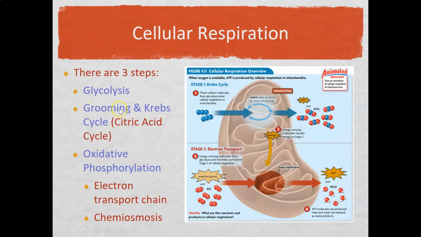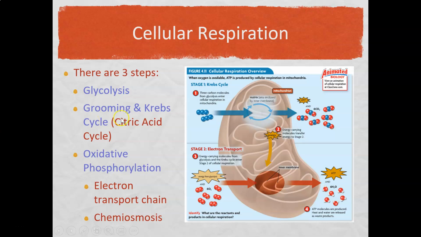Next is going to come the grooming step, which is kind of going to be a half step, a connection point from glycolysis to this Krebs cycle, or you may come across it as the citric acid cycle. And that Krebs cycle is going to happen within the matrix of our mitochondria. So we're going to take the products of glycolysis and feed them into the matrix. That grooming process here in the middle is going to help us get it into the mitochondria and in the right forms to then feed it into this cycle. And it literally is going to be a cycle. So the products and reactants that we create and use are going to just constantly get cycled through that set